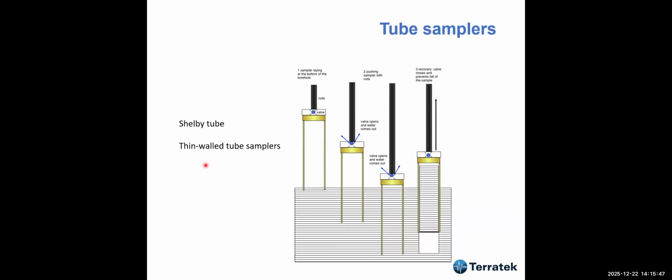On the other hand, if you want to obtain properties, you have to use tube samplers. There are several ways. This is the most common one. It's a Shelby tube with thin wall. Usually the wall is about 3-4 millimeters, and you push that into the soft soil, and you have a valve here. When you push, the water comes out. When you pull the sample out, this valve is going to close and make some vacuum at the top of the sample in order for you to get a good recovery of this sample.